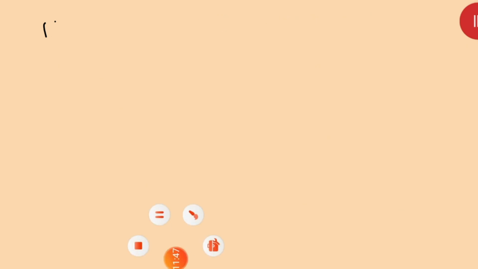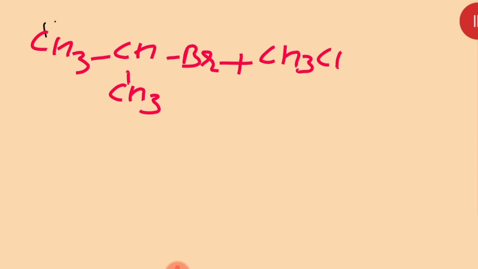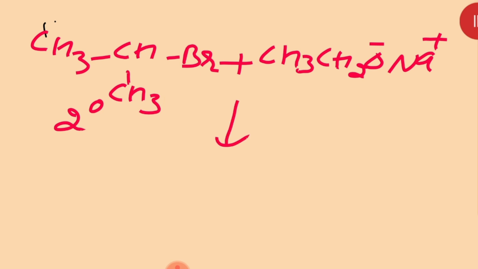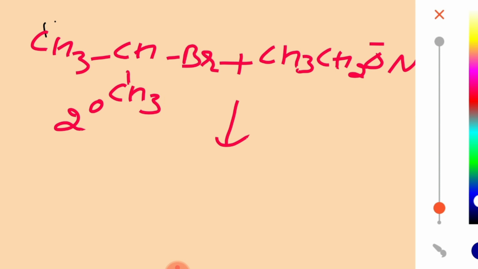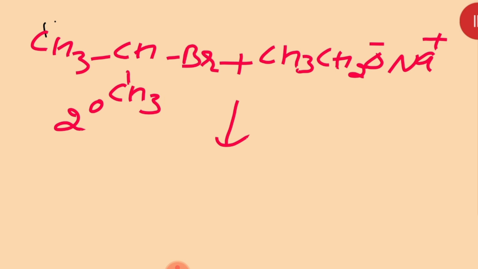Now you see, if I am taking the secondary alkyl halide, what am I taking there? CH3, CH3, this is Br, then this is CH3CH2O negative, Na positive. Beta ji, this is a secondary alkyl halide. In the secondary alkyl halide, substitution also occurs and elimination also occurs. Substitution and elimination. Okay, and by the elimination, the product will be CH3